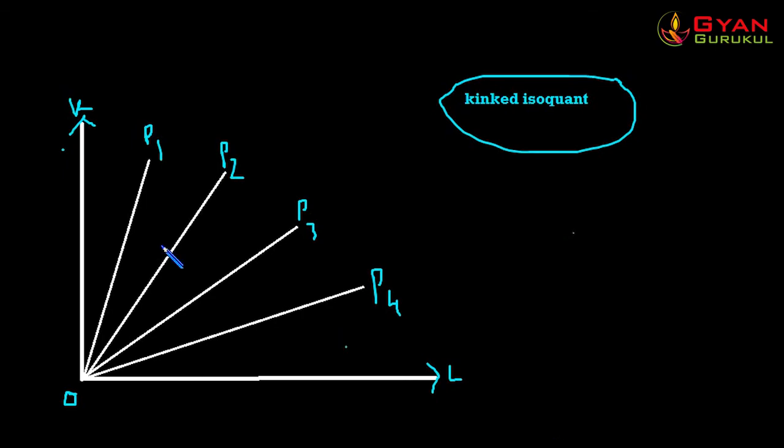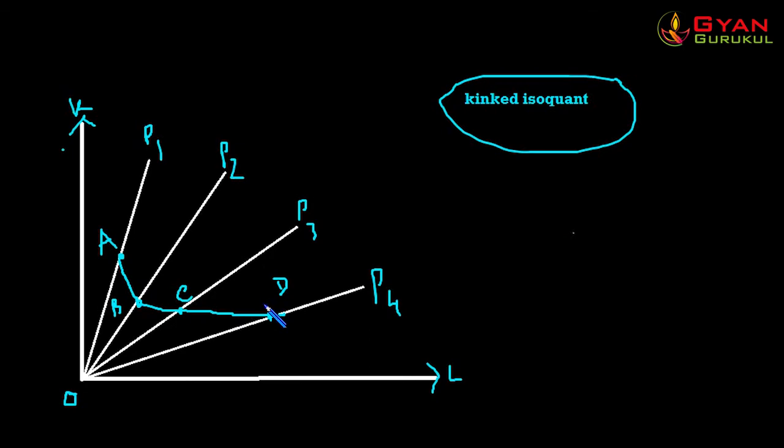Clear? Now see, suppose this is one point, named as point A. Then suppose this is another point and I name it as point B. Then suppose this is the point C, and this is another point D. Now when I join all these points, I get a curve like this.